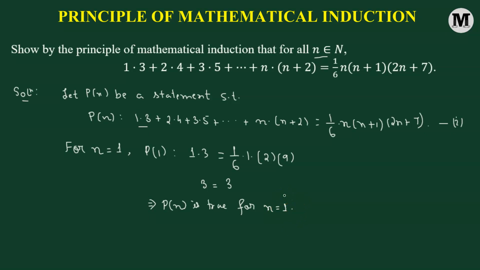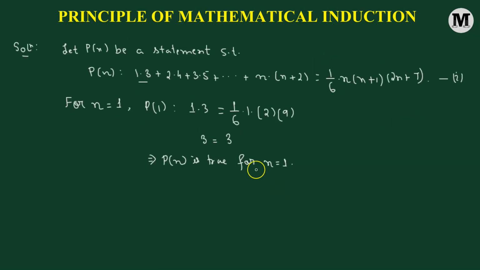Fine. Now, in order to check whether it is true for other natural numbers as well, we're going to choose another natural number m. So for n equals m, let us suppose that the statement P of m is a true statement. We're making an assumption here. This is a true statement. Now, if this is true, this simply means that we can now rewrite the statement P of m as